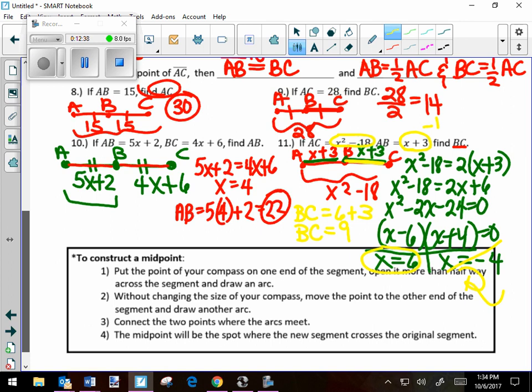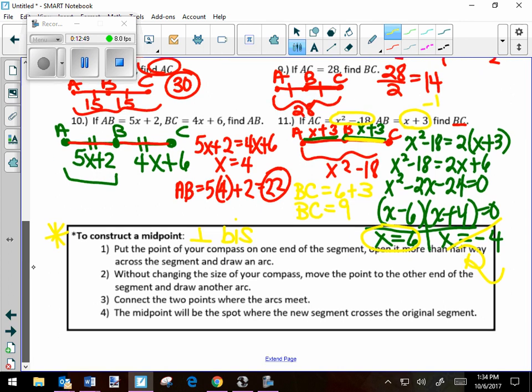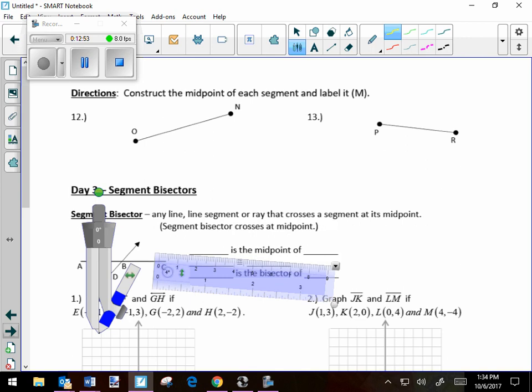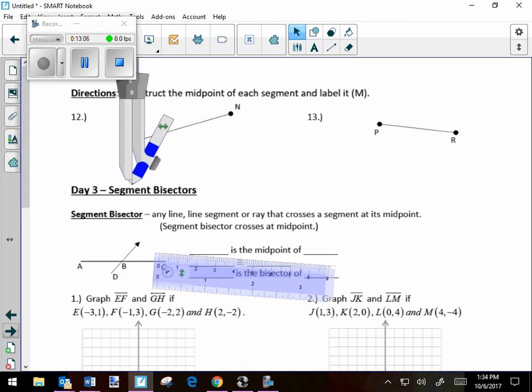One last section that we need to talk about today is how to construct a midpoint. Basically, it is the same thing as doing the construction for a perpendicular bisector, which you already know. So if you flip to the next page, we have a couple of problems with directions that say construct the midpoint of each segment and label it M. I'm going to do the same thing that I do for a perpendicular bisector. I'm going to take my compass, I'm going to move it over